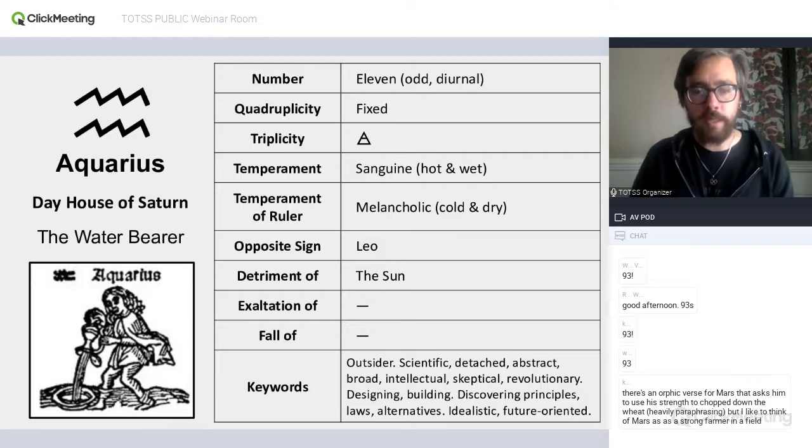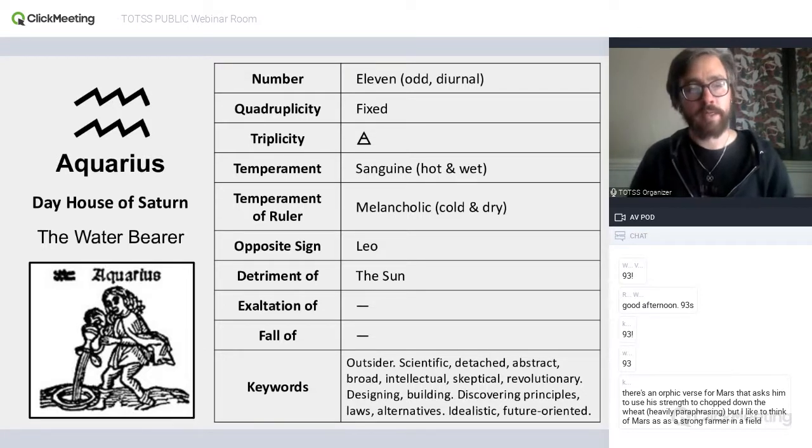And some Aquarian keywords are outsider, scientific, detached, abstract, broad, intellectual, skeptical, revolutionary. Aquarius is interested in designing, building, discovering principles, laws, alternatives, and Aquarius can be idealistic and future-oriented. That idea of imagining other ways that societies can be set up, and imagining other rules that we could have, is all very Aquarian.